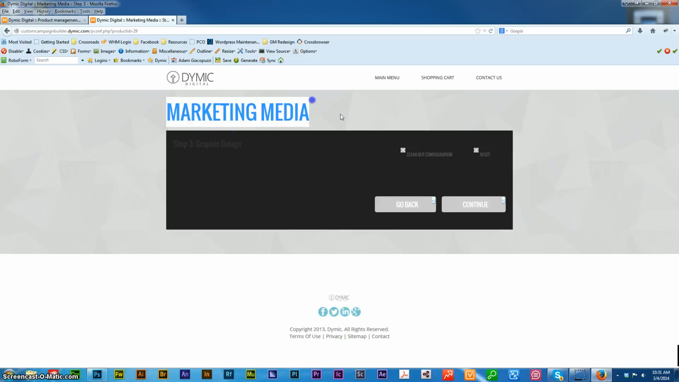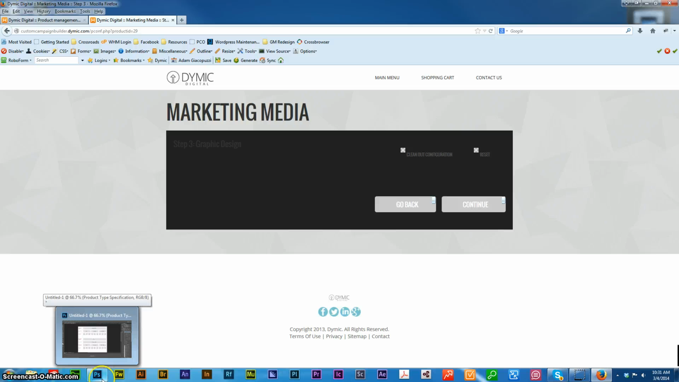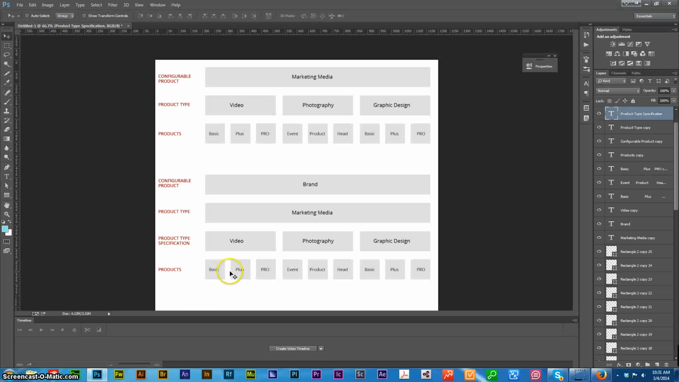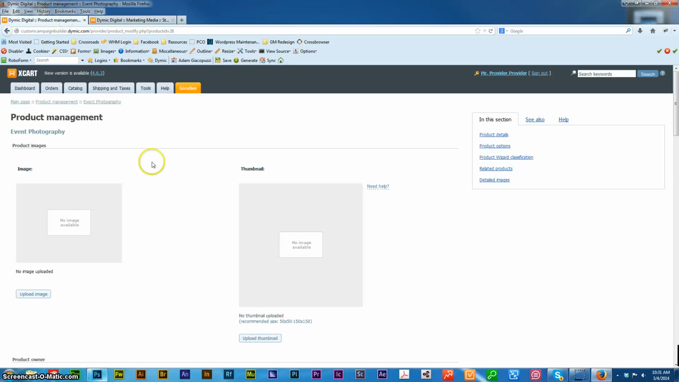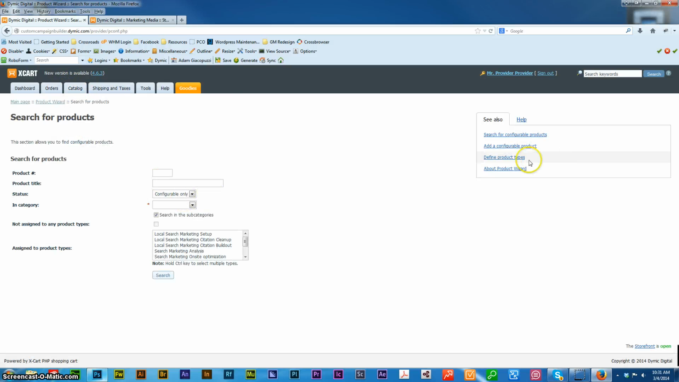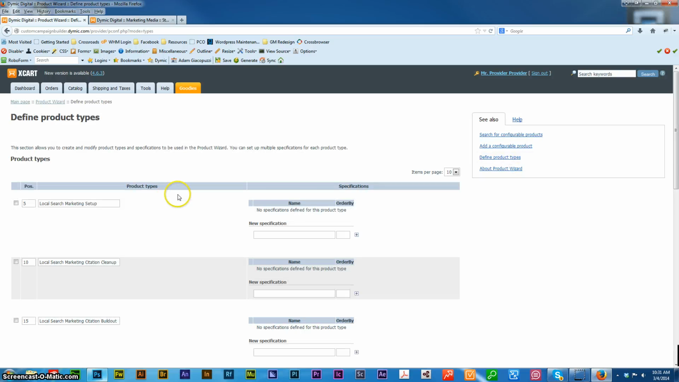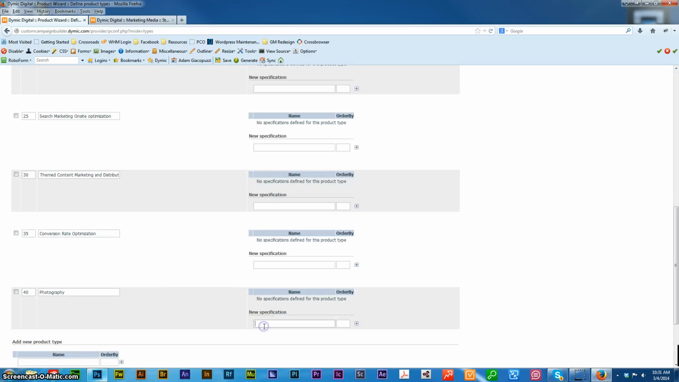So that's how you would build out the configurable products. And again, the other option would be, so when we're talking about those slots, here's what I'm going to do now. We're going to go back to the product wizard. And now we're going to add